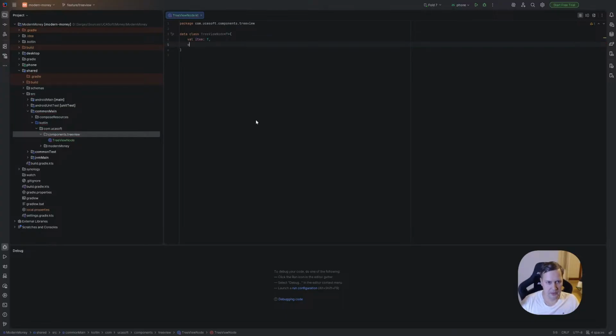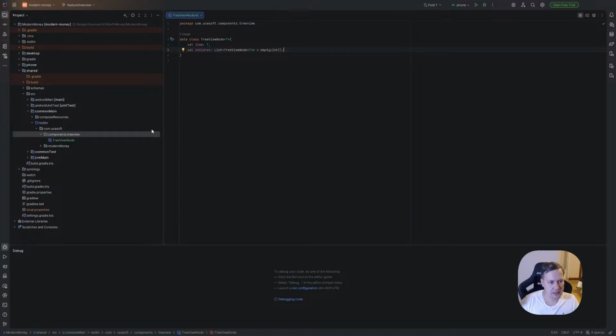Okay, we have the item itself, and we have children, and by default it's an empty list. So we have the item itself and the children, and when we expand or collapse, we can hide or show them.